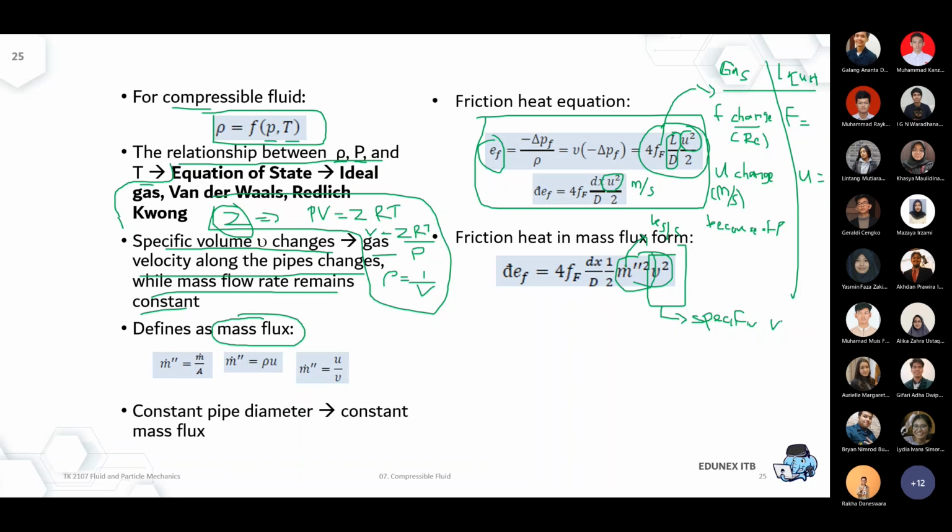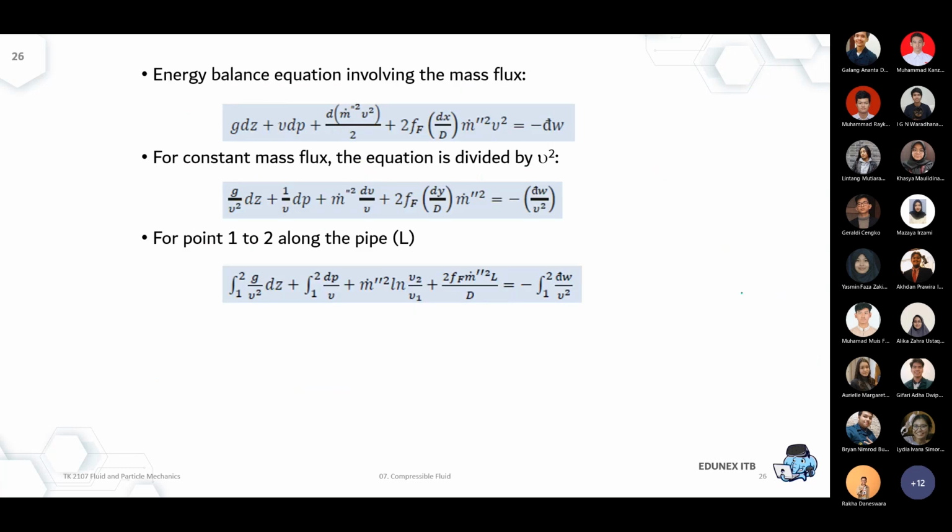So at least at this point you're not confused. I can always use my kilogram per second flux over here, but again, this part, the specific volume or the one per density, will still be changing over time because of the compressibility of the gas. So it's just a generic expression when you want to calculate the energy balance equation involving the mass flux. That part is still the same with the liquid, delta elevation, delta pressure.